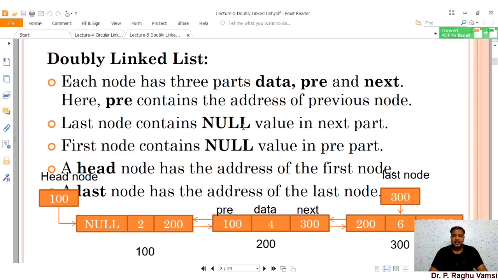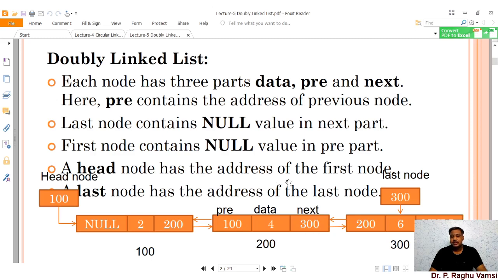The last node contains a null value in the next part, and the first node contains a null value in the previous part. Because the first node doesn't have any previous node, its previous will always point to null. In the case of the last node, you don't have any other node after it, so the last node's next is pointing to null.